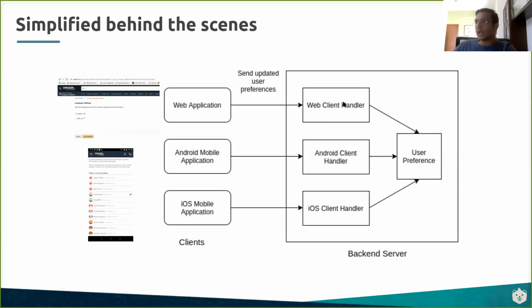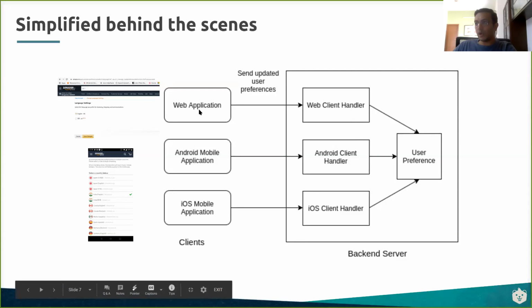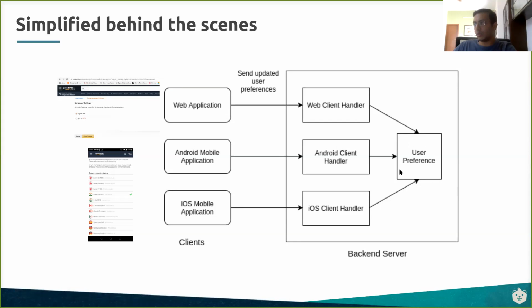There is a specific handler which is handling all the requests coming from your web browser, and a specific handler handling the requests coming from the mobile application. Finally these handlers have to convert that and store it in the user preference store. This could be a file, this could be a database, anything else. So what is the focus for this byte? This is the entire architecture in a simplified way, from the web application sending the user preference all the way to it being stored.